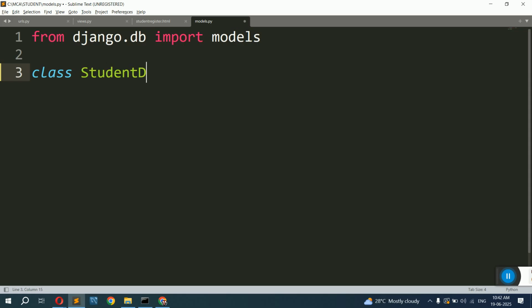Student data. Most of the students make a mistake here. Means HTML file again, don't give that name here. Okay, so I'll call it student data in this case. Inside the student data class, we have to pass one parameter called models.Model, where M is capital. Remember this, the M should be capital in this case. Put a colon,